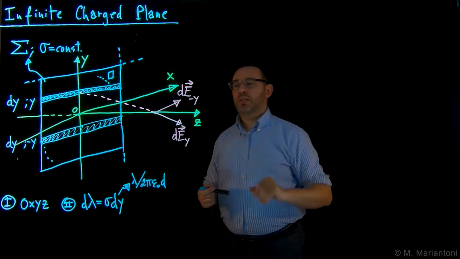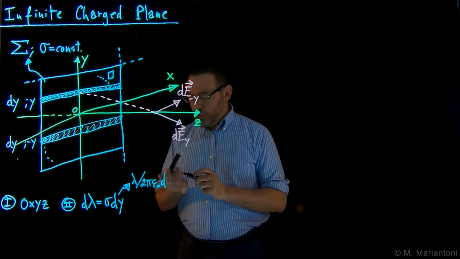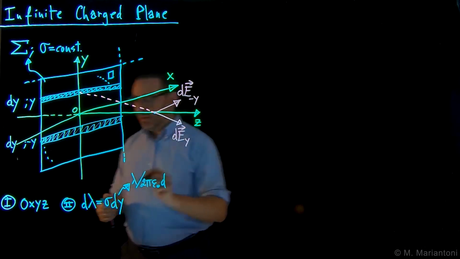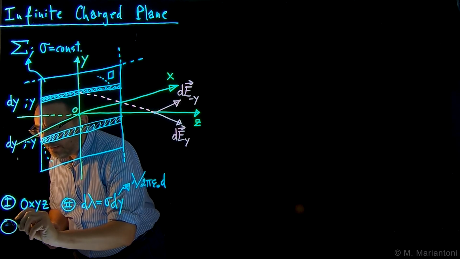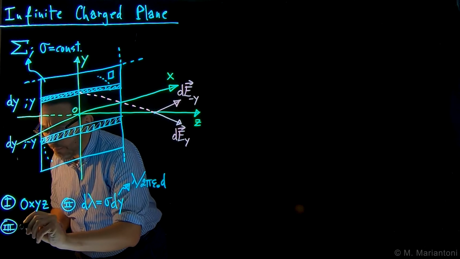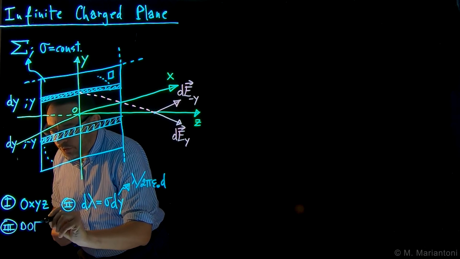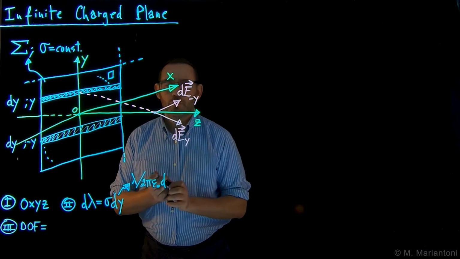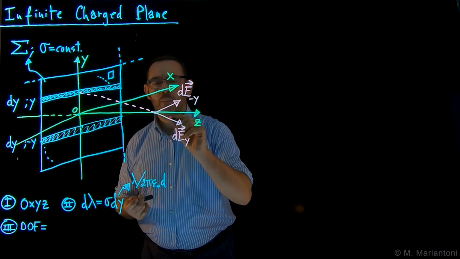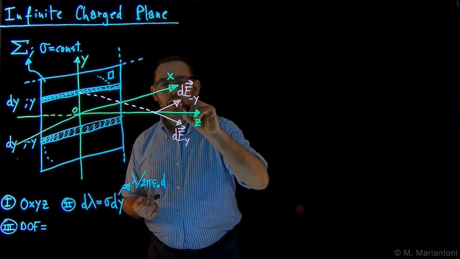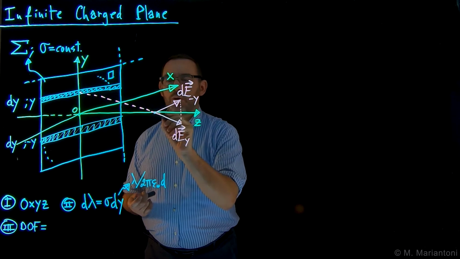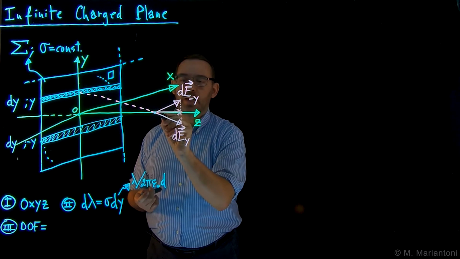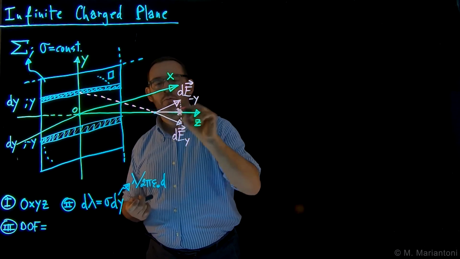And so we have infinite pairs like that. So if we look now, this is our field. If now we want to find the degrees of freedom, step 3, we proceed as always. So we look a little bit more closely at these two fields for one pair, and we notice that while the z components sum up 2 times, in this case, for this pair,